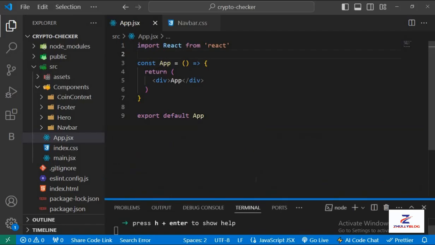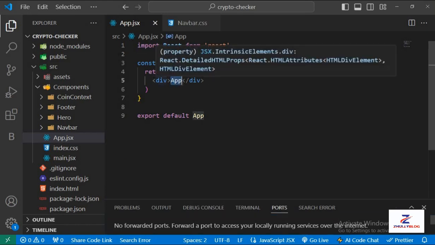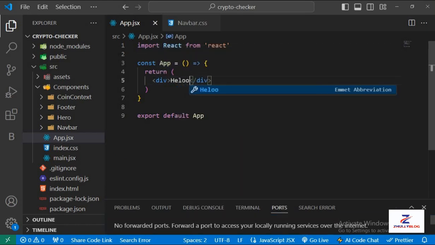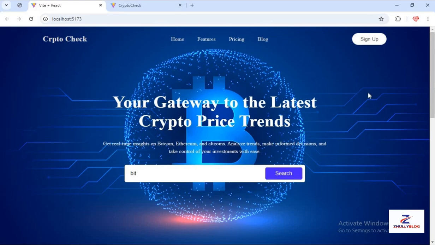So here we have our App.jsx working. I'm just going to minimize this. Let me change this to hello world and let us see. Can you see this? So this is working perfectly well. Now, this is what we're trying to build, right? So let's start with